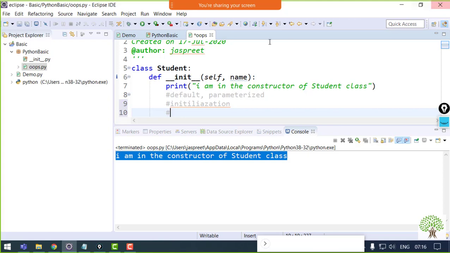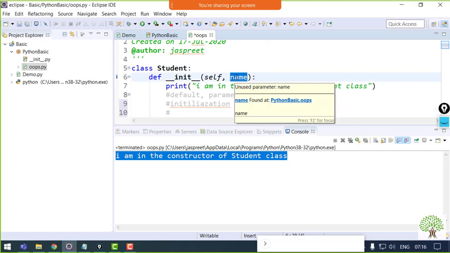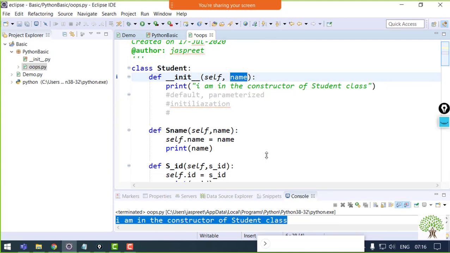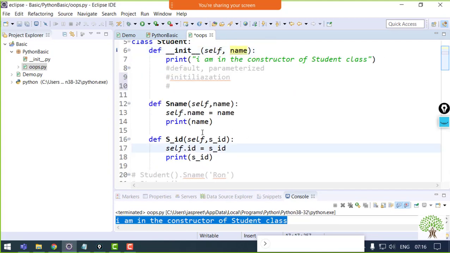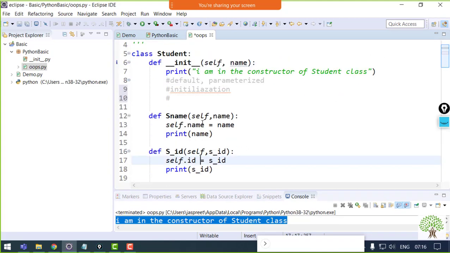Like over here, the name is just a variable that I have taken. For example, in the student class, I am taking the name and ID. Suppose I want to note down the marks of these students in any particular subject. Now the subject will become common, right?